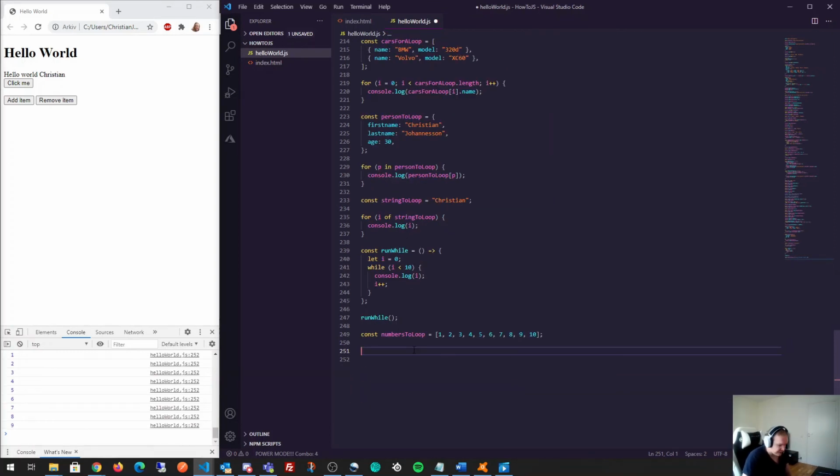So I will say here for, and then I will give my starting value for my iterable. And then for as long as i is smaller than numbersToLoop.length,